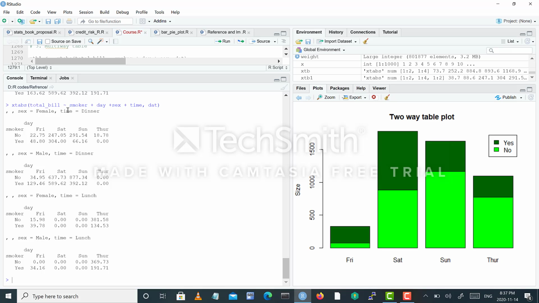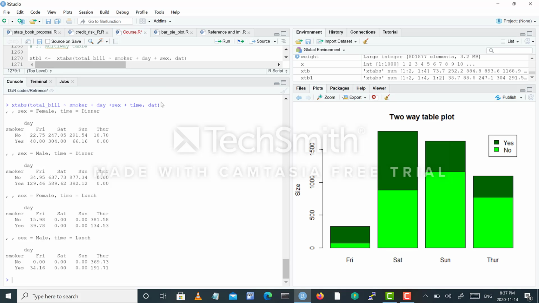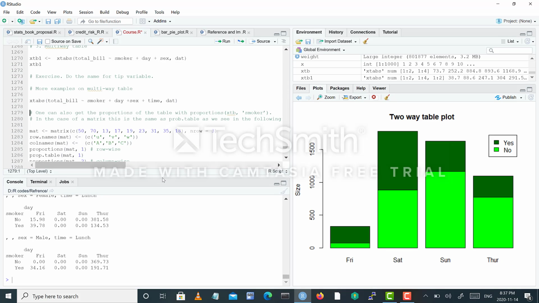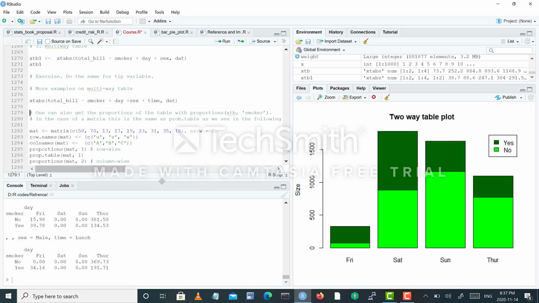So here we have time is dinner with female, male. Here we have male, time is dinner; we have female, time lunch; we have male, time lunch. Multi-way tables. One can also